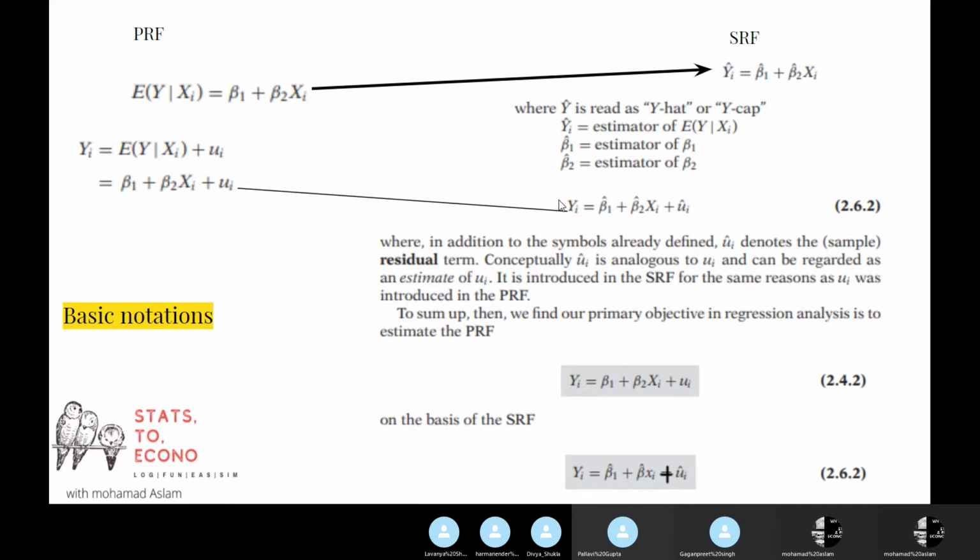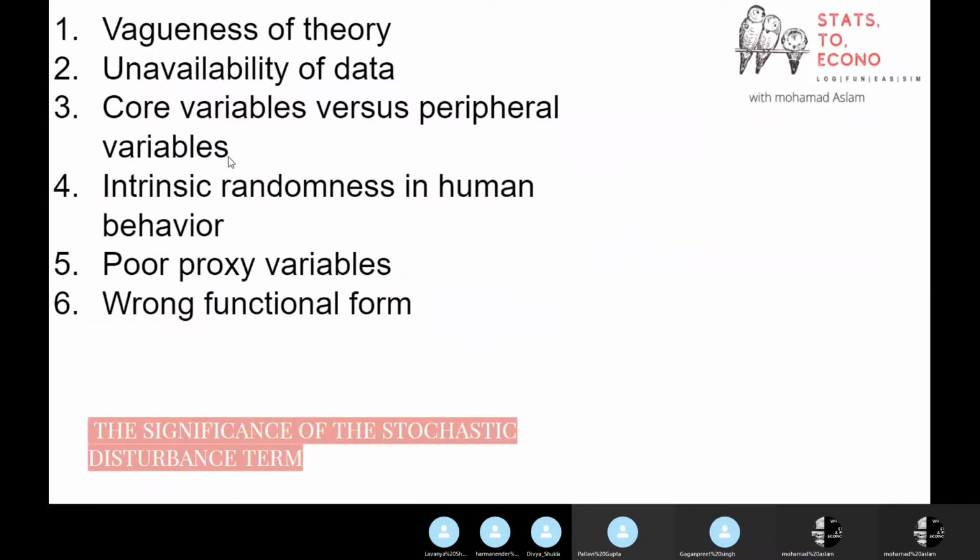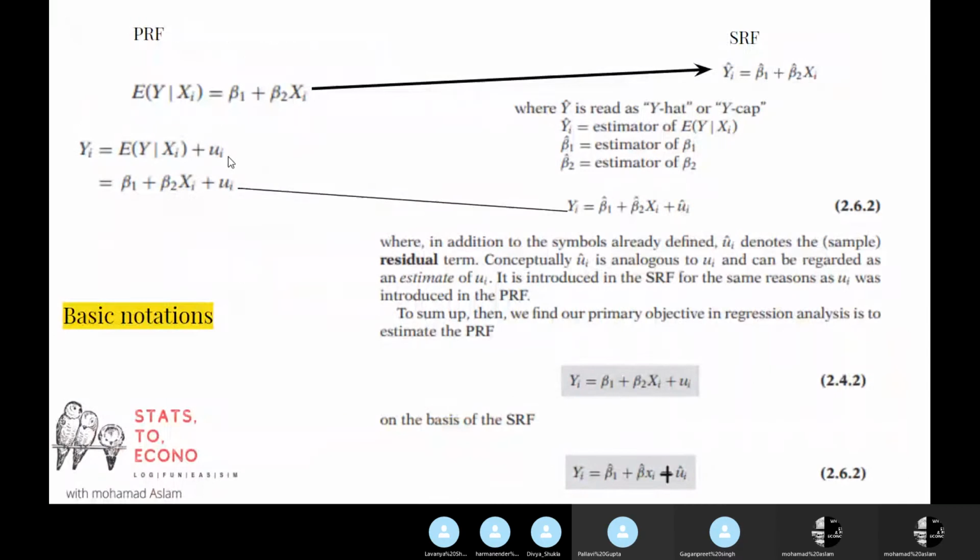now this is your sample regression function. Now you might get confused that on the left hand side, here is also the yi, and the same here, again you have a yi. So not a y hat here. So don't get confused with that. This y hat is actually the estimated value.